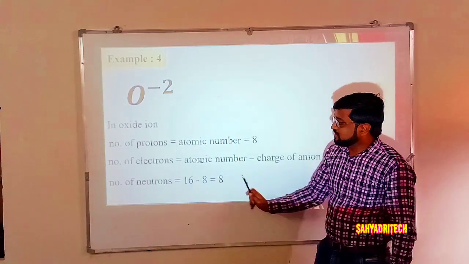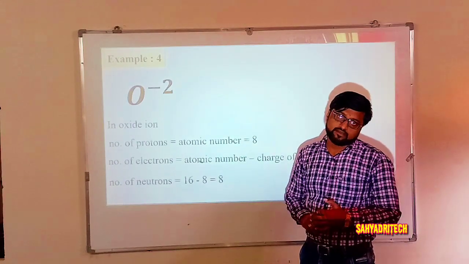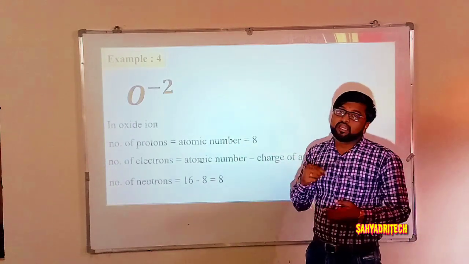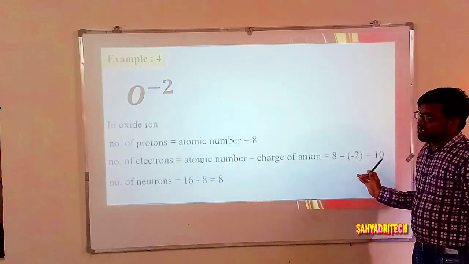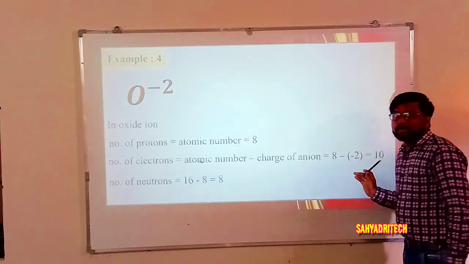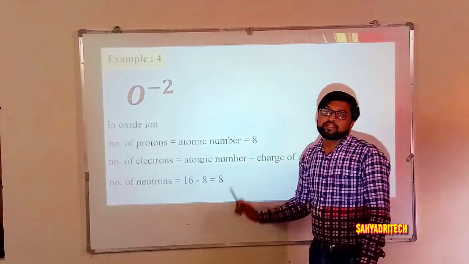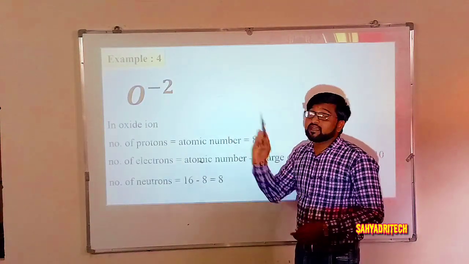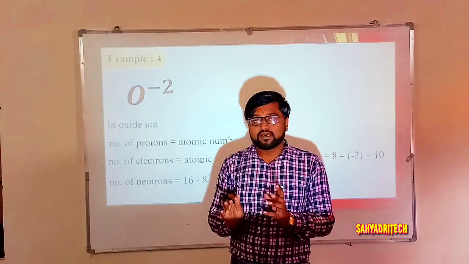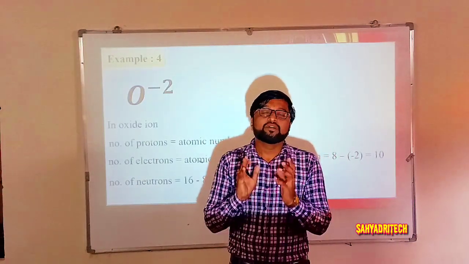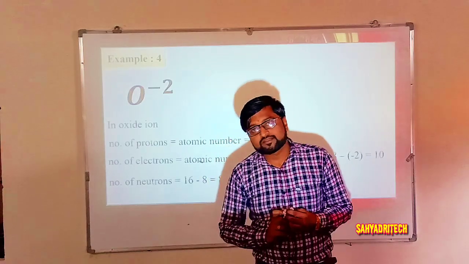And neutrons? 8 neutrons. So, what is the total number of fundamental particles? 8 plus 10 is 18, plus 8, 26. So, the oxide ion is made up of 26 fundamental particles,